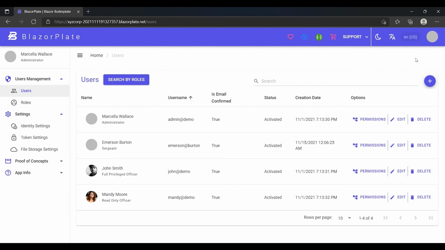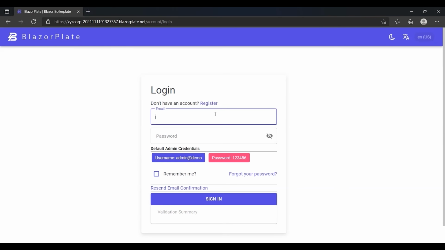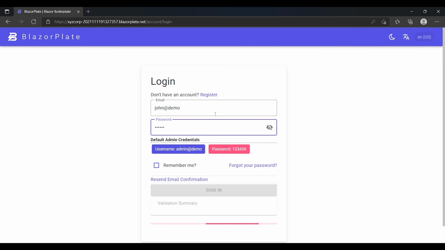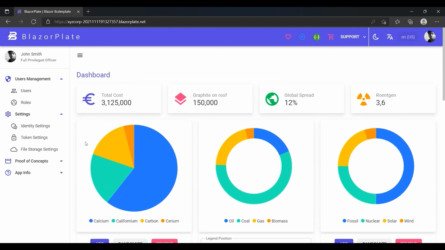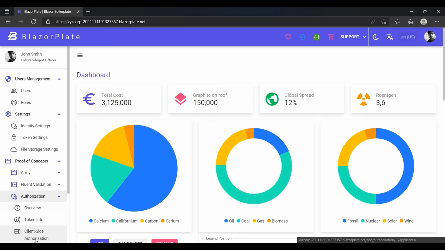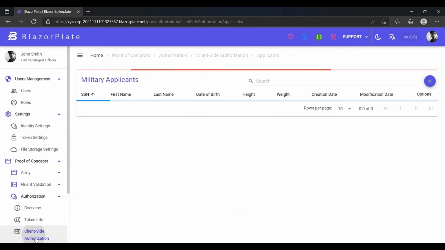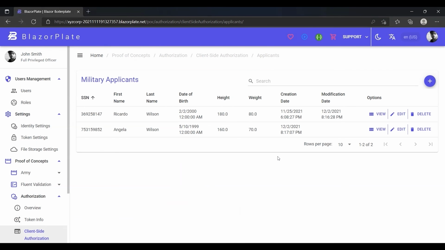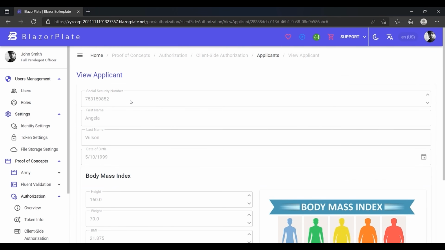Now I'm going to log out, then log back in as John Smith to perform a security test to examine if he is allowed to use all options in the applicant module according to his permissions. From the Proof of Concept section, I'm going to use the ClientSide Authorization module to evaluate the permissions granted to John Smith. As you can see, I can view the whole list of applicants and view the details of any